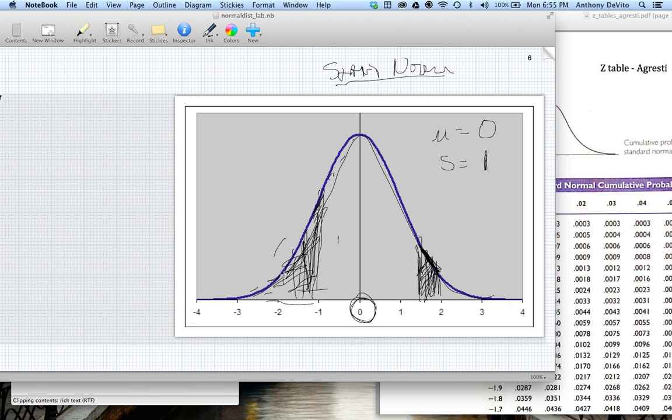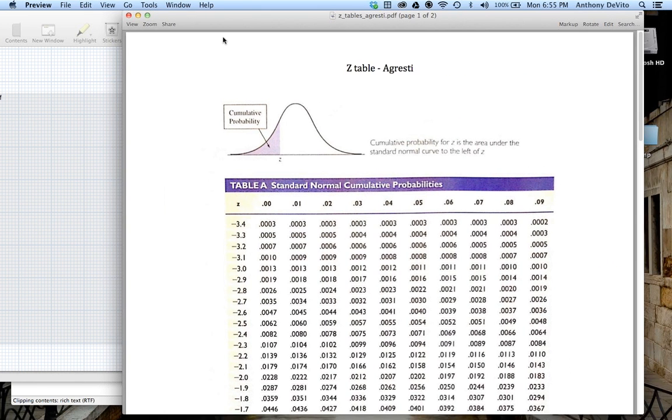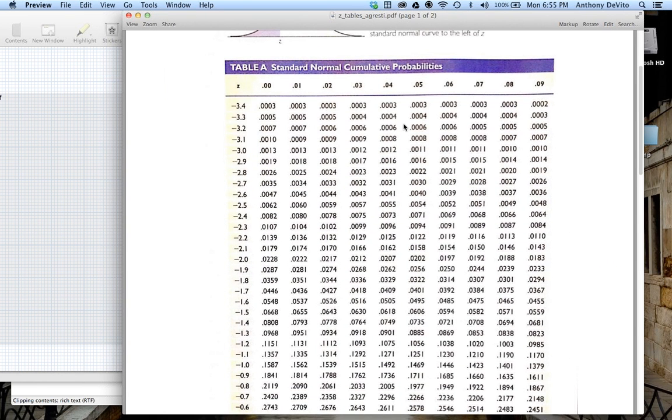are under this distribution. Well, once they've done this mathematically, they put it into a table. And this table is called a z-table. Z stands for standard deviations, the number of standard deviations. So when I ask you what a z-score is, I'm basically asking you what is the number of standard deviations that's represented by that number.